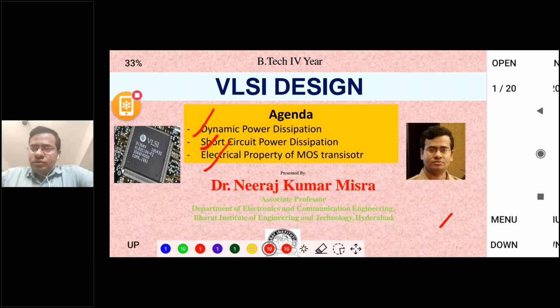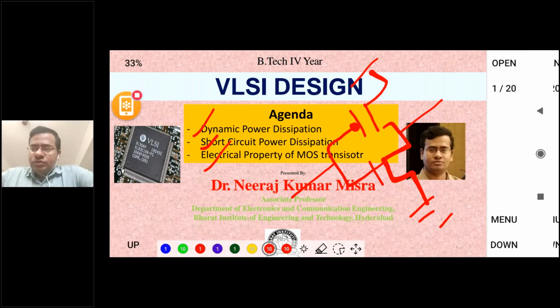Okay, so in CMOS, you know the CMOS architecture. What is a CMOS architecture? Suppose I draw the CMOS circuit: this is PMOS, and this is NMOS, this is VDD, and this is ground, and here this is your output, and this is your input. In this circuit, we know the power dissipation is very less. The CMOS circuit consumes very little power. That's why it is preferred over the BJT, bipolar junction transistor.